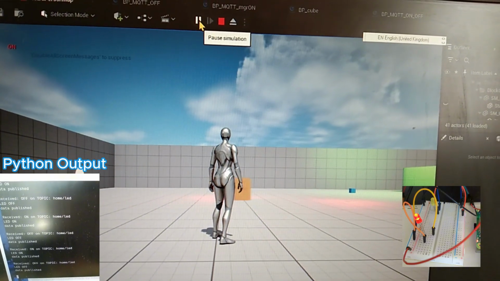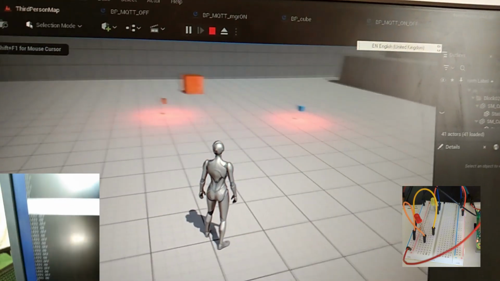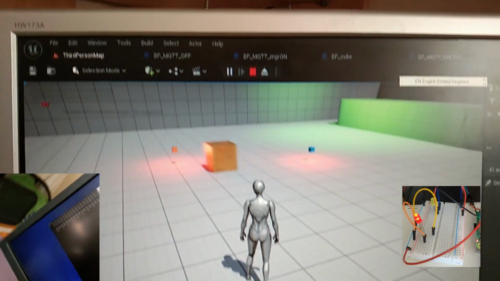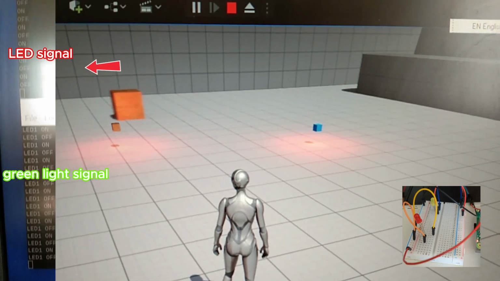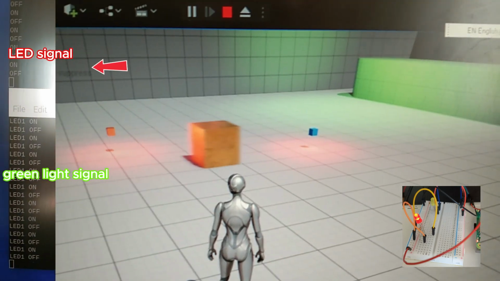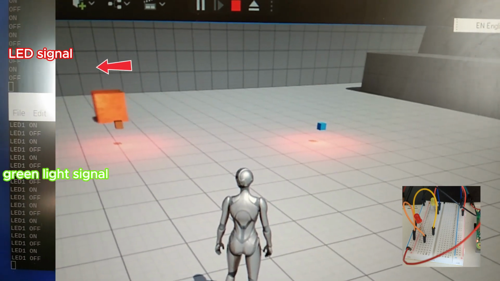Okay. Now, when they hit one trigger, it will send a message to the server to turn it on or off. And the server will pass on the message to, see on the left, okay, the message is sent. The top one is when you hit the trigger, the message to the server to the Python run controls the